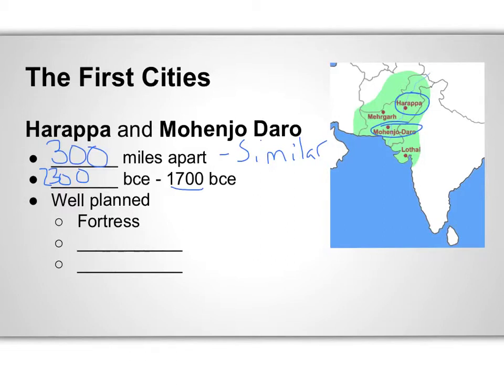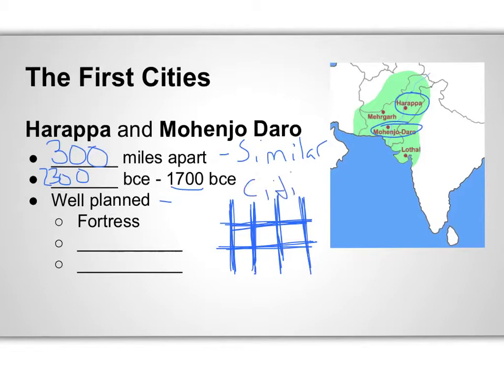Now these cities, they are extremely well planned. They have kind of grid-like roads. So like these blue lines that I just drew, these would be the roads, and so they would be in the shape of a grid, not necessarily a tic-tac-toe board, but kind of like modern-day cities today. So there's a lot of organization in these cities, and near each city there'd be a big fortress. This fortress would be up on a hill. It would look down, so you could look down the city streets at any invaders that might be in there, and kind of protect the city that way. But there'd be a big fortress.